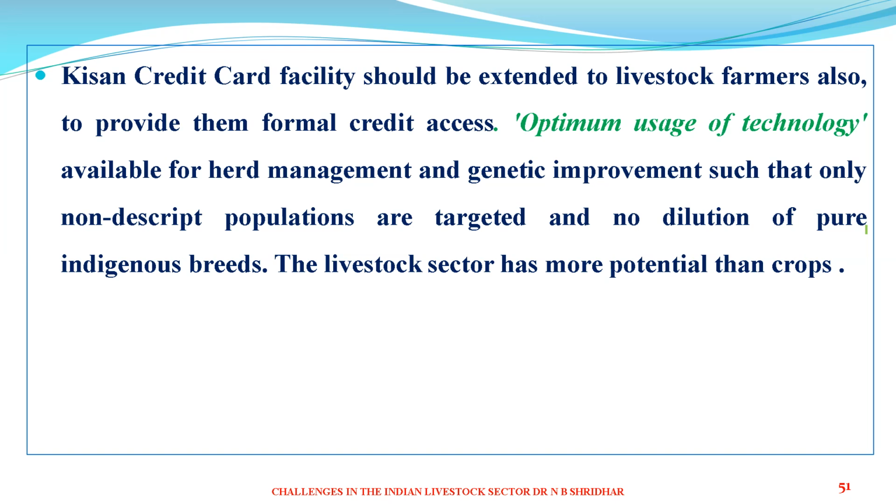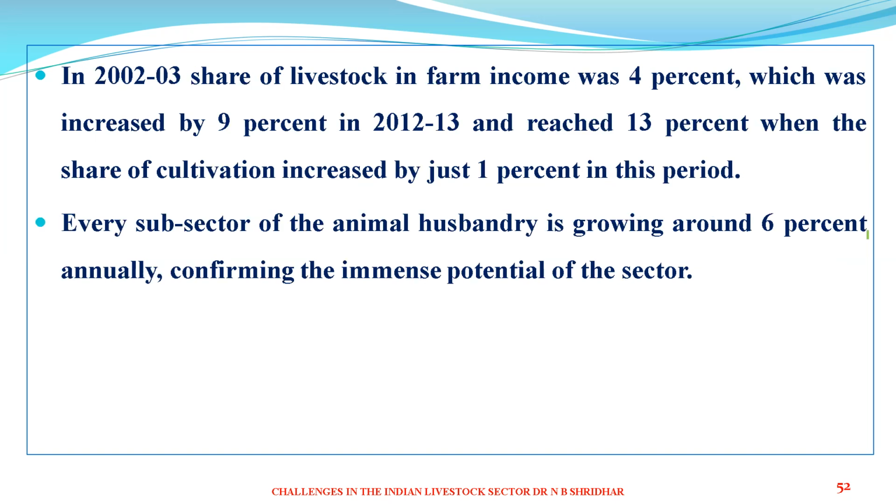Another thing is that indigenous cattle should not be diluted with artificial insemination with the pure strain. Only non-descript cattle breeds should be targeted for artificial insemination, with no dilution of the pure indigenous breeds. So it has very high potential. Then another constraint we need to address is